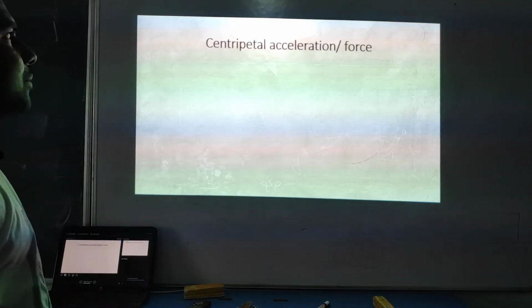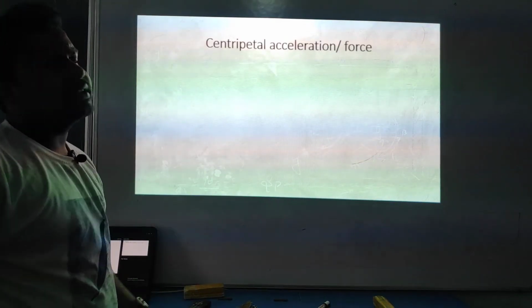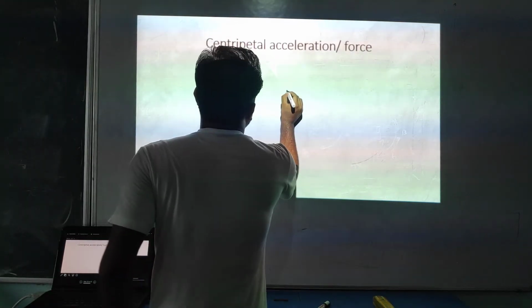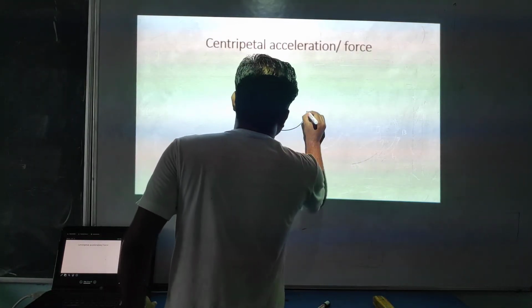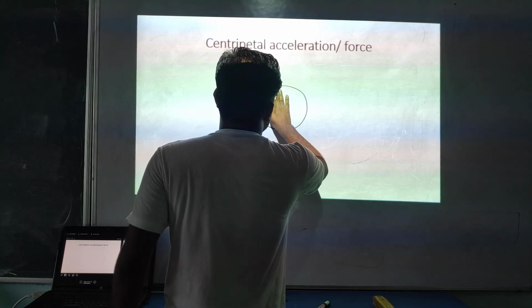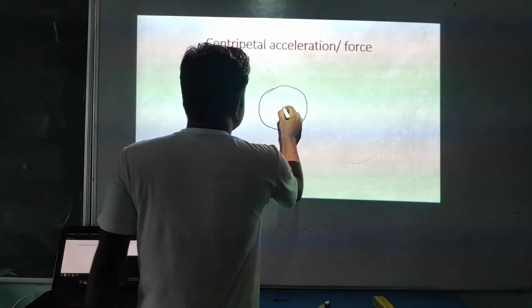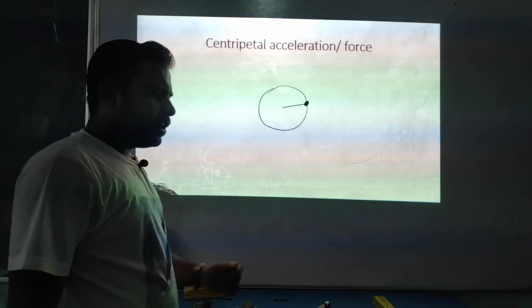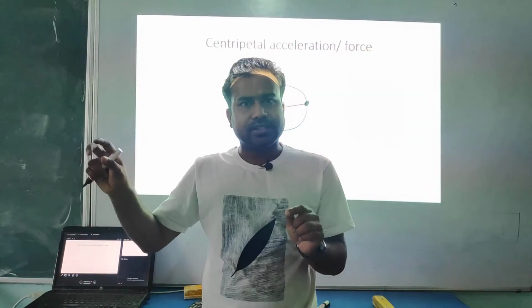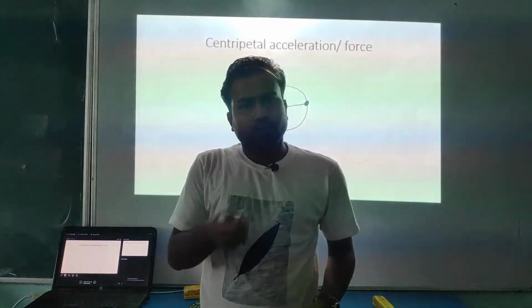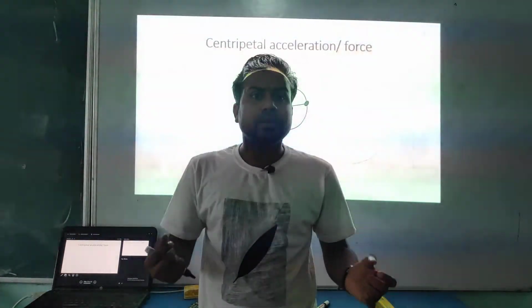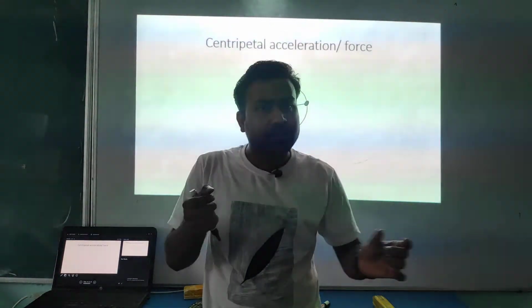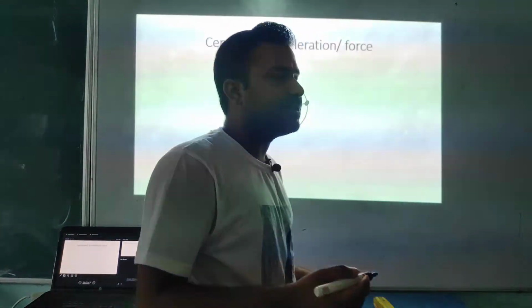Now students, I am going to discuss the centripetal acceleration and centripetal force. First I am going to discuss the centripetal force. So look at this, make a proper circle. So here we have a bob. And you must have done this practical, where you attach a bob to a string and move it, then what you will experience is a force present, right, that pulls it outward. You must have experienced such a force.